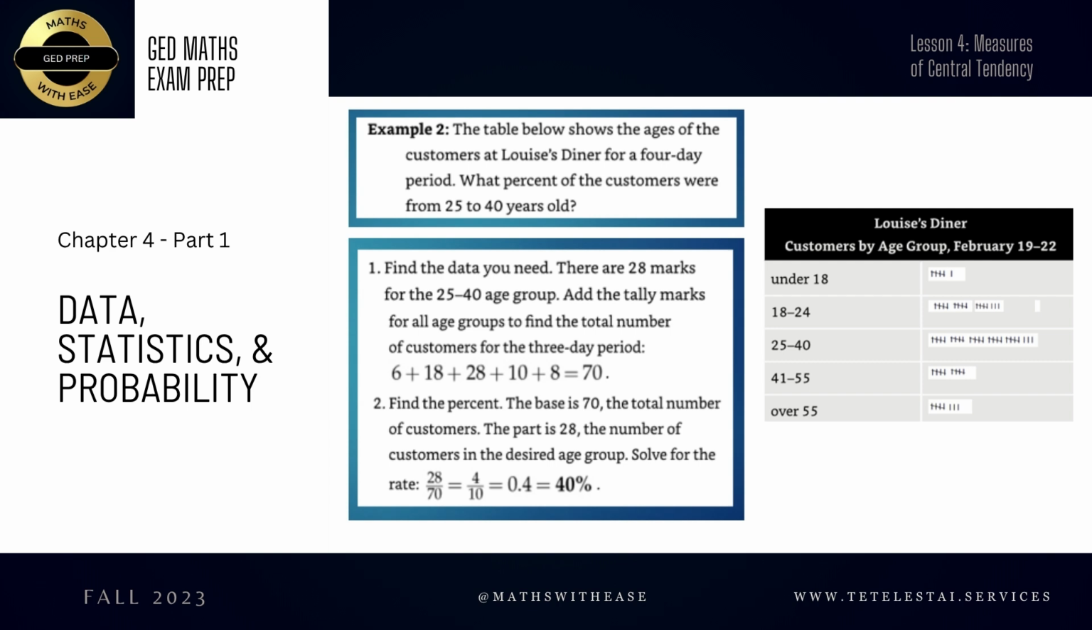Excuse me. And then for the over 55s, we know that there are 8, okay, as shown here. And so you simply add the total number of customers that they saw within that time period. And then you go ahead and divide, or find the percentage by dividing your part by the whole, right? So our part in this case was 28, which represents the number of customers in the age group between 25 and 40. And our whole represents the total number of customers that they saw within that time period,